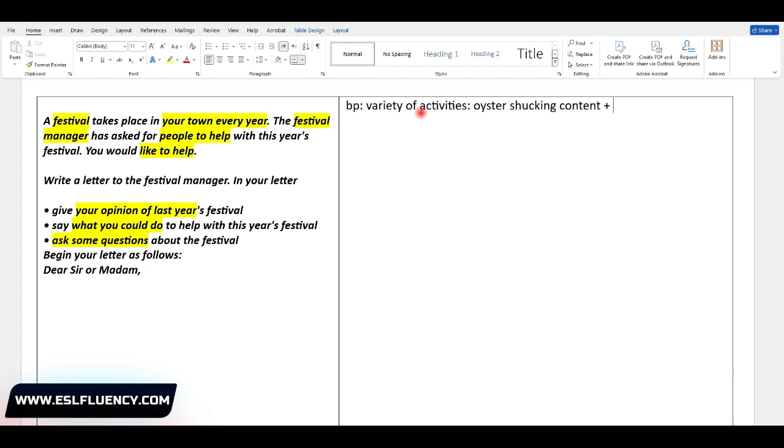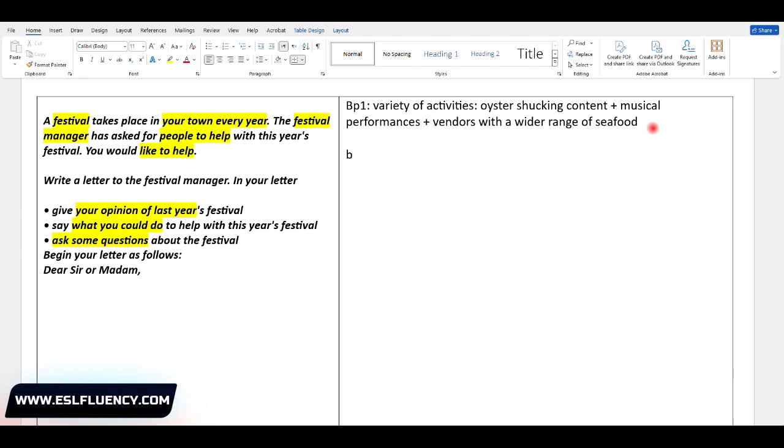So the umbrella vocabulary for that would be musical performances. And one more. The vendors had a wide range of seafood. Vendors with a wide range of seafood. That's it. That's my BP1. So the only thing that is left is for me to look at these and make my sentences. Later on we are going to do that.